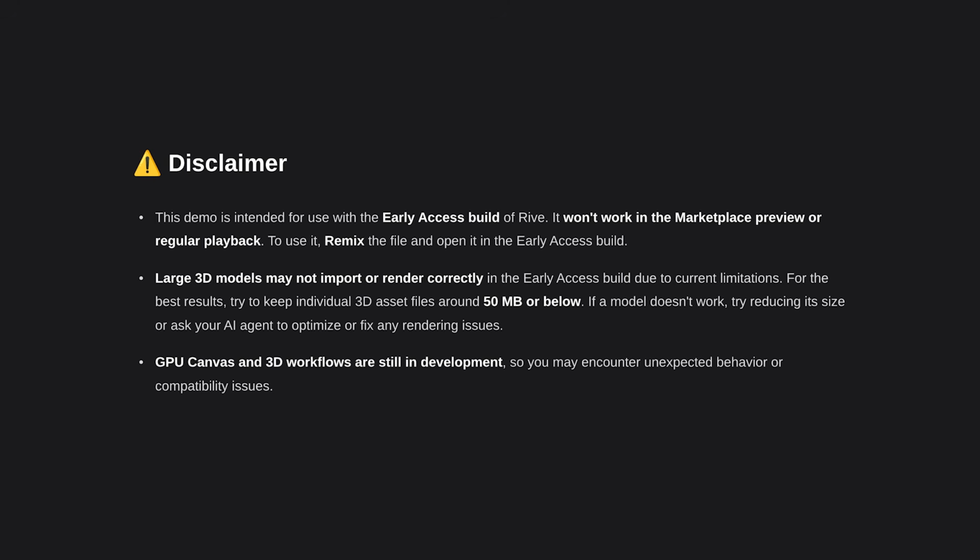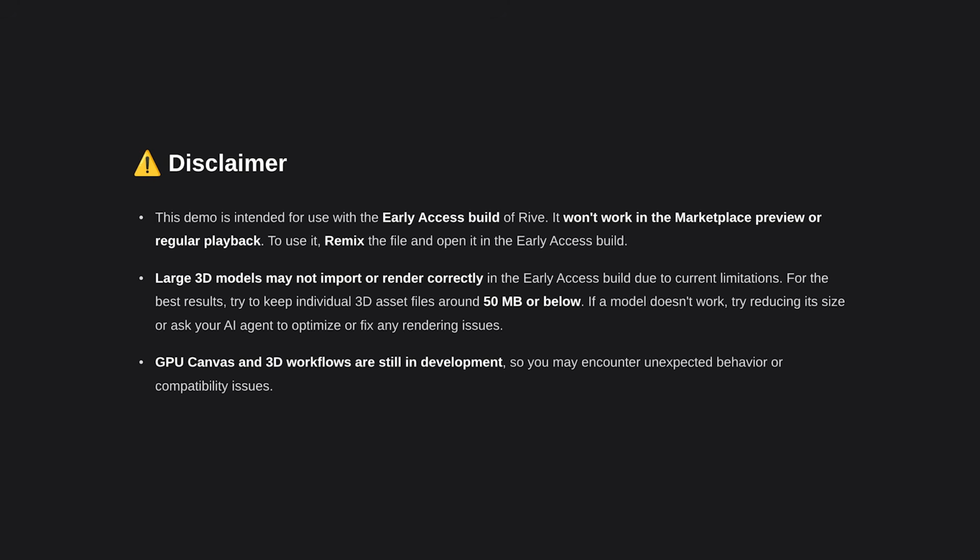For the best results, try to keep individual 3D asset files around 50 MB or below. If a model doesn't work, try reducing its size or ask the AI agent to optimize or fix any rendering issues. And last but not the least, GPU canvas and 3D workflows are still in development, so you may encounter unexpected